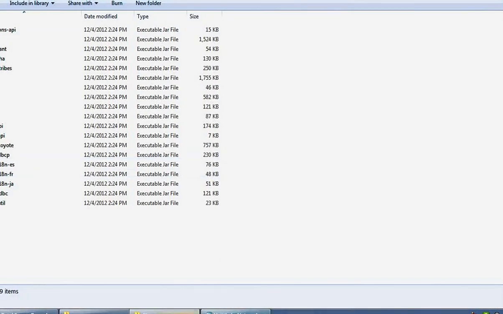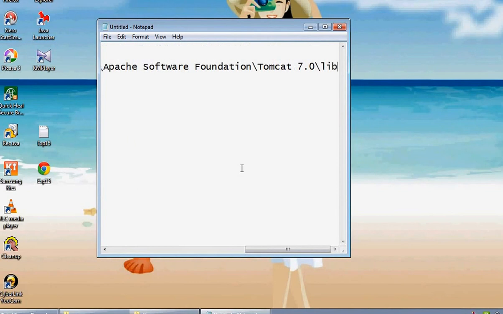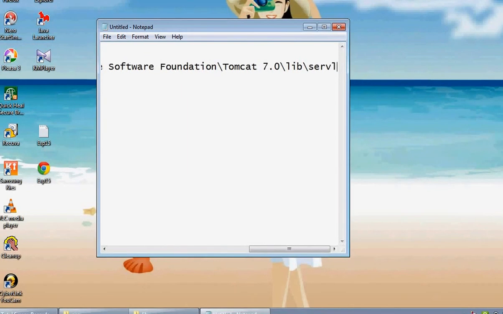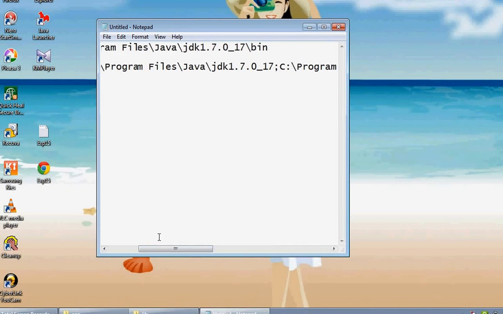Copy and paste it in front of the semicolon, lib. Now write servlet-api.jar, and here also the JDK 1.7.17 and \lib, that is library.